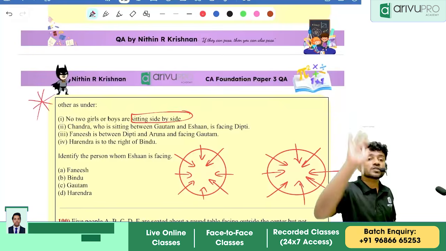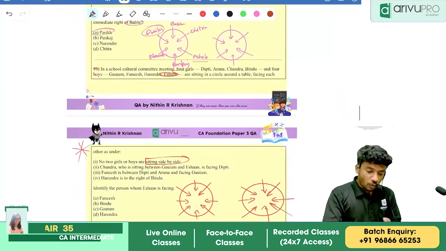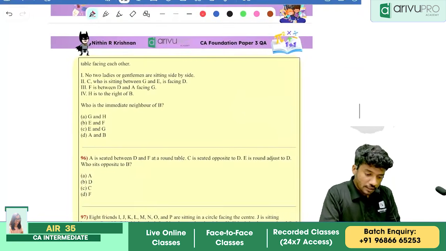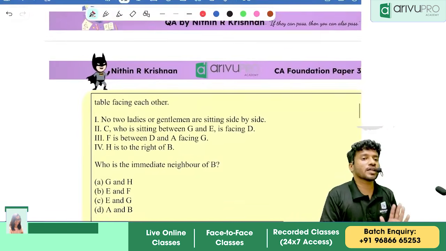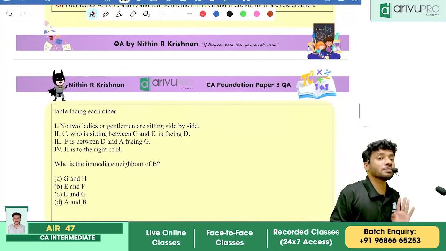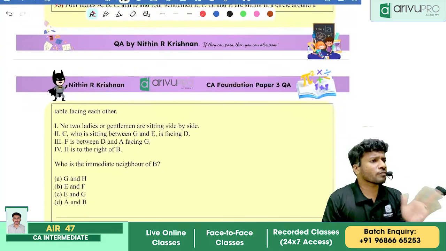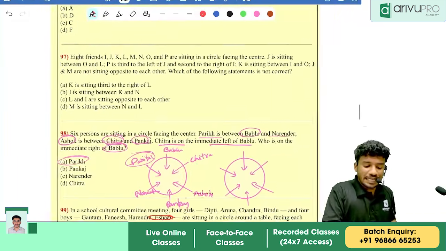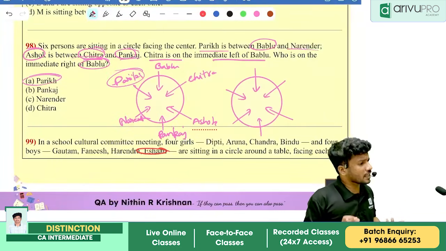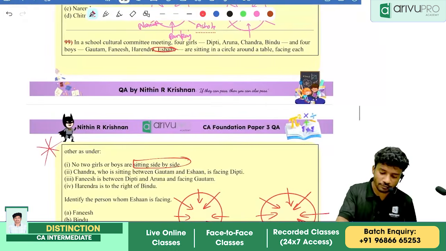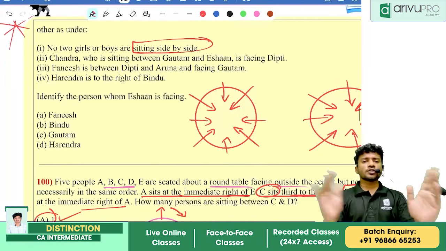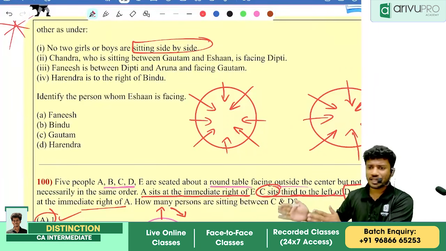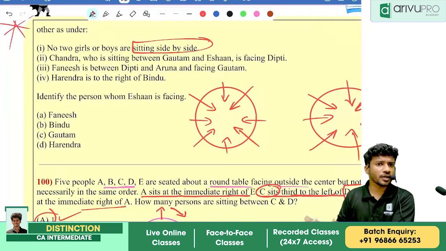Now the question is, no two girls and boys are sitting side by side. This is one of the most repeated questions. If you ask me, one question is like this, and similarly one more question is there, A, B, C, D. This question is also the same. The only thing is they have changed the names. It is repeated 4 or 5 times in the same manner. Even with the same names it has repeated. So try to learn this, because there is a high chance that the same type of question will again come for your examination. No two girls are sitting side by side. What do you mean by that? Girl cannot sit next to girl, boy cannot sit next to boy. It should be girl, boy,